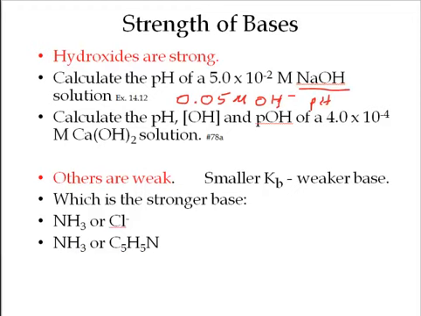I can't believe I just said that. There's one slight problem. If we take the negative log of that, we get a pOH of 1.3, which would then, sorry, I'm running out of room, give me a pH of 12.7, which is what we'd expect because we know this is a base, and that is a very high pH, and high pHs are what bases are, right?